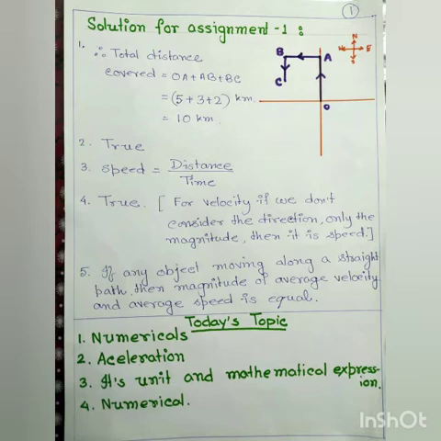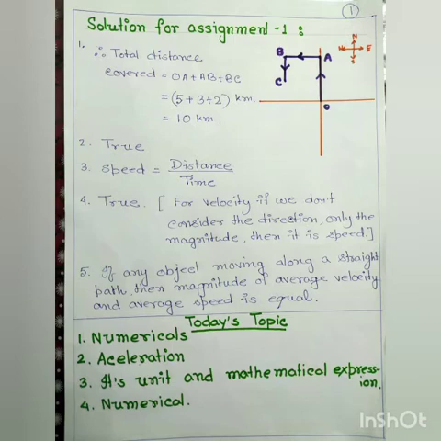In our previous two classes we have learnt about whether an object is at rest or in motion, and we discussed different examples of moving objects. Then we learnt about the different types of motions and their examples. Then we have learnt about distance and displacement, and here distance is the scalar quantity and displacement is the vector quantity. And we have to remember their unit. In CGS system it is centimeter and in SI unit it is meter.